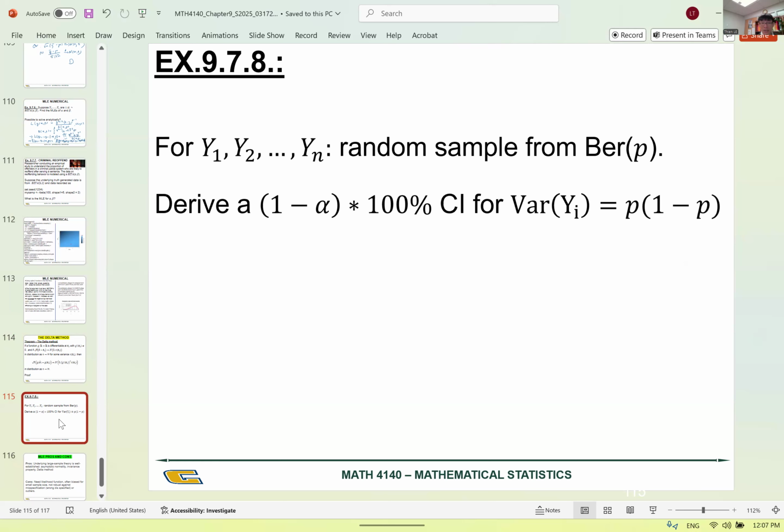Okay, so here you have a random sample from probability P, and basically the goal here is to derive the 1 minus alpha times 100% confidence interval for the variance, which is this, right? If you remember in very early of the class, I think chapter 7 and 8, we said that for the p hat, the estimator for the p hat,